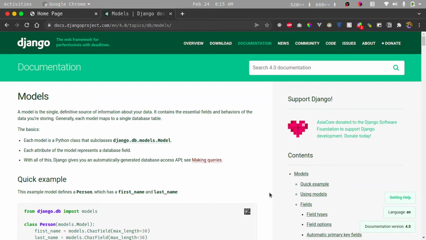In this video we're going to look at models in Django. So according to the Django documentation, a model is a single definitive source of information about your data. It contains essential fields and behaviors for the data you're storing. Generally, each model maps onto a single database table. In this video we're going to look at models and how we can use them to describe the data in